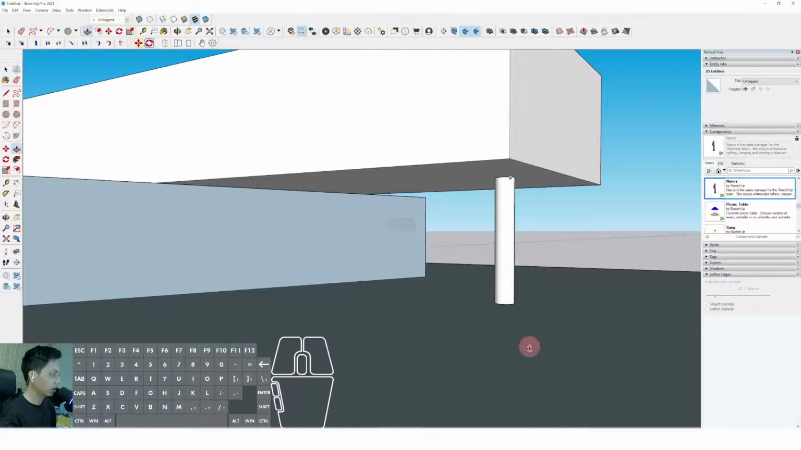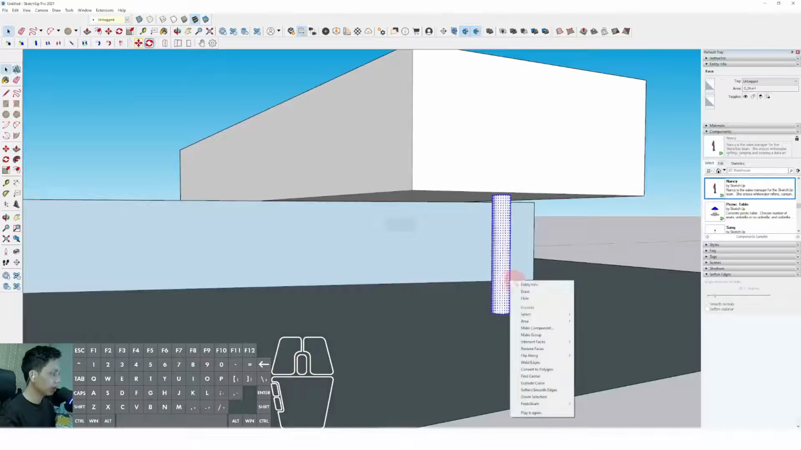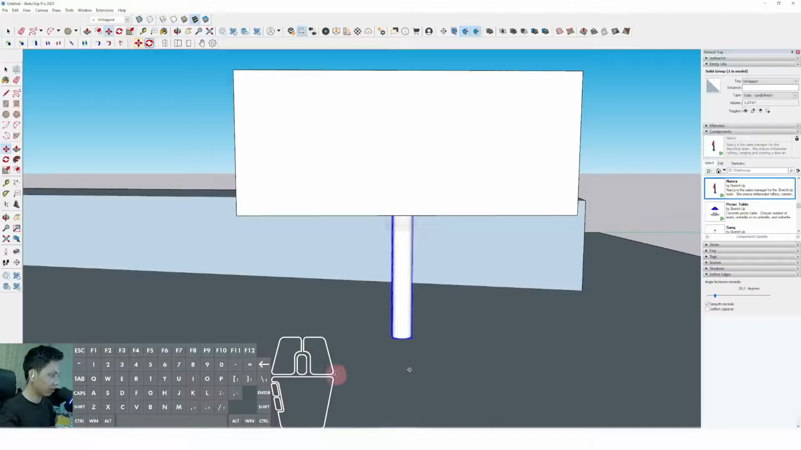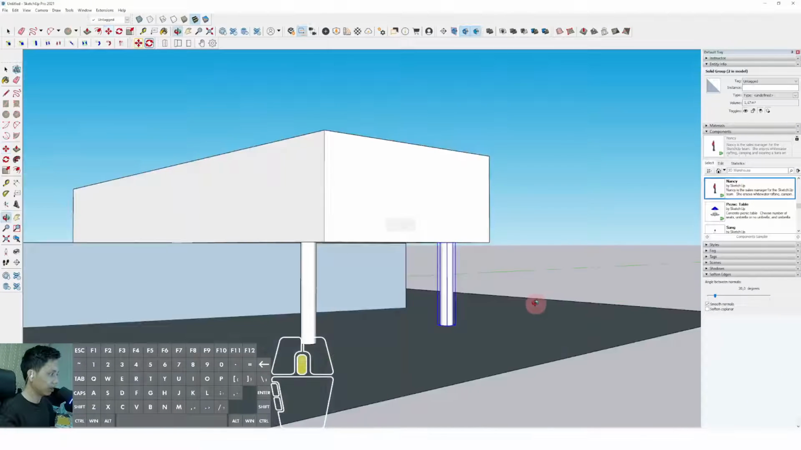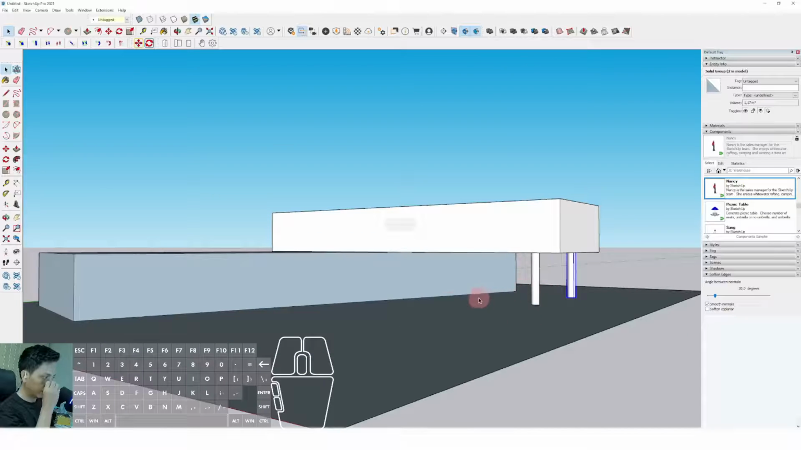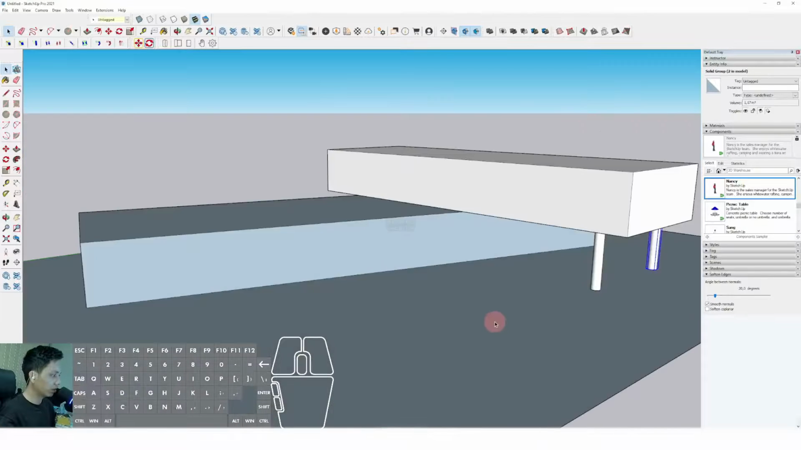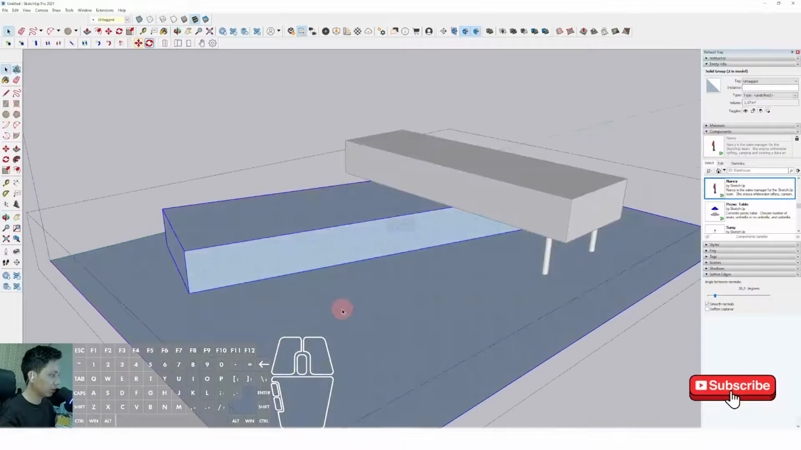column structure. Okay, we can make group, and we can place this position. Okay, now we can draw another element like